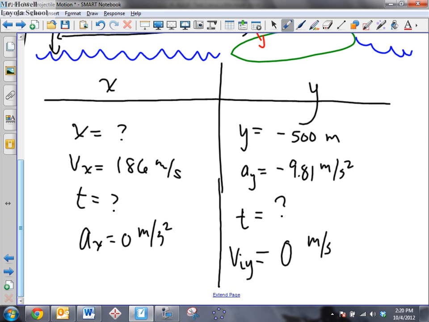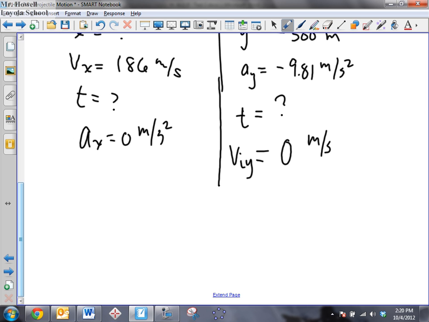Sorry, where did we get 186? 186 was given, it was the speed, and we converted it from kilometers per hour. It's a speed, given in kilometers per hour, and that's the conversion. All right, so with this information,